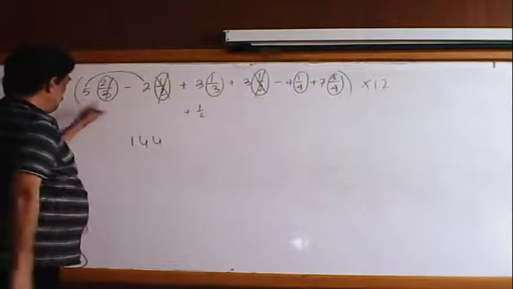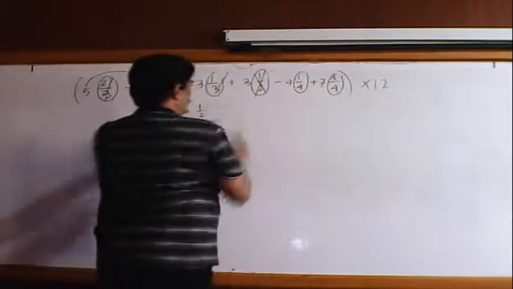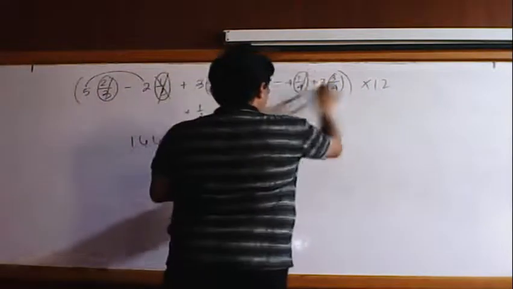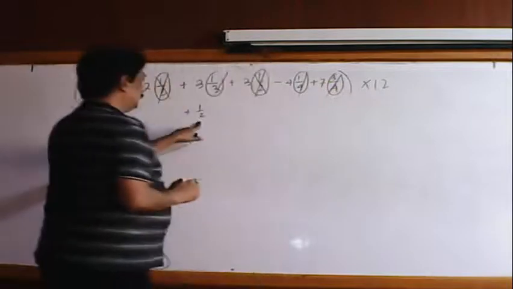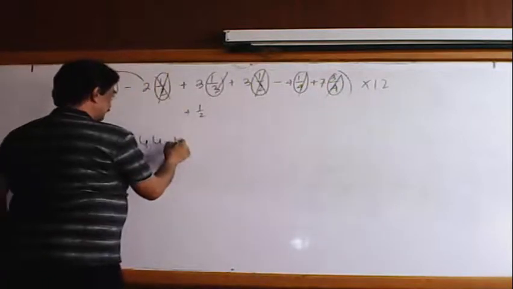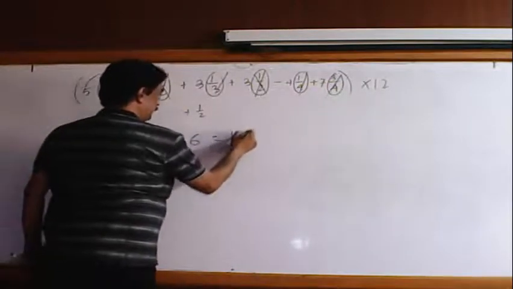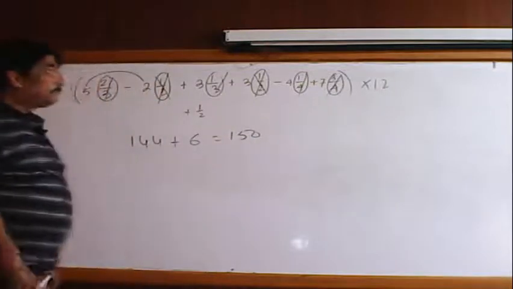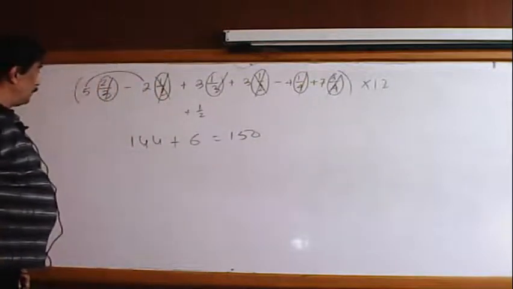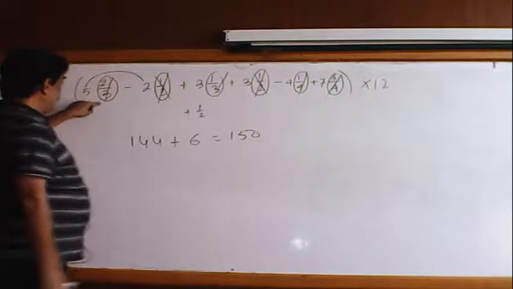Next part. These all are cancelled. Now, half into 12 is another 6. So your answer is 150. Most important concept: first of all, you have to add up 2 by 3 and 1